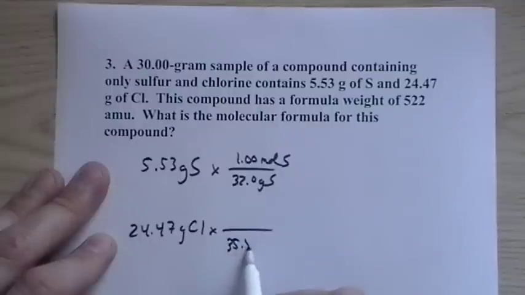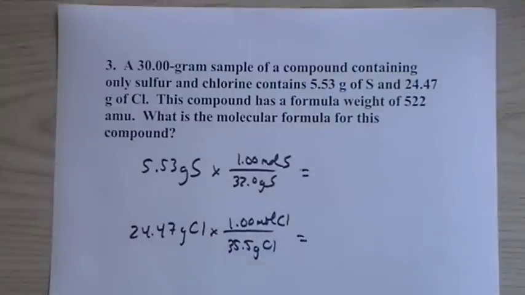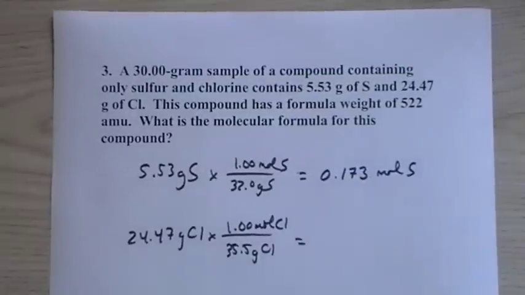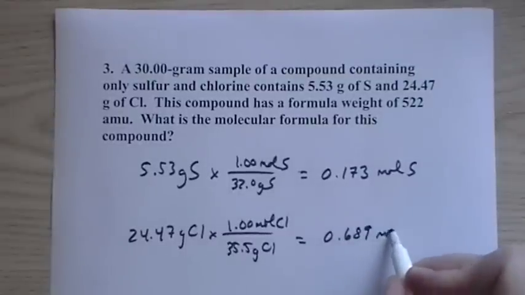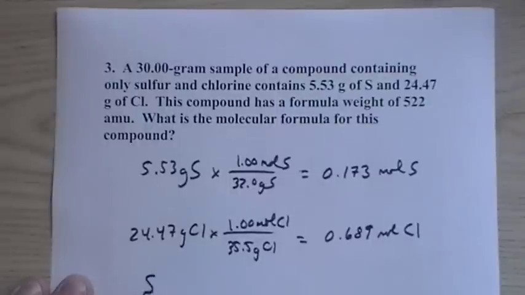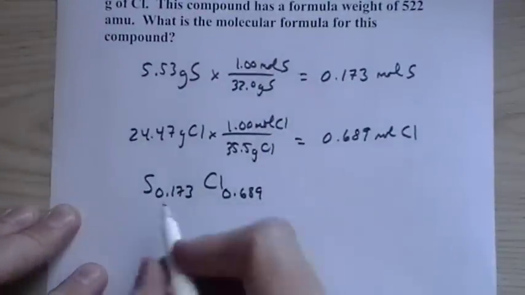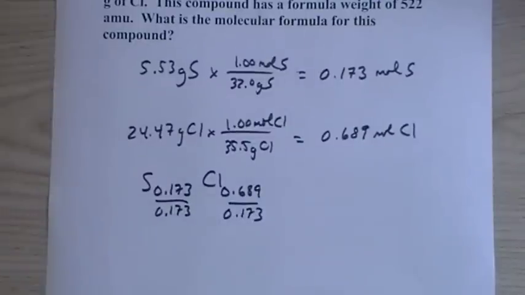So this is 35.5. Boom, boom, boom. So we have 5.53 divided by 32. This is 0.173 moles of sulfur. And this is 24.47 divided by 35.5, and this is 0.689 moles of chlorine. So you can see it's the same problem, just going a little bit further. You'll have to carry out the problem as if you're finding the empirical formula, which you are, and then